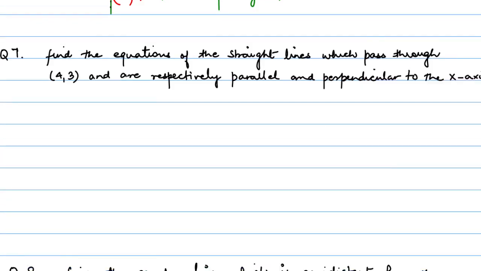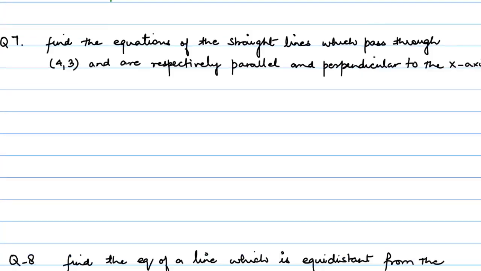Now we take a few questions on the concept we have learned about lines which are parallel to x-axis and y-axis. The first question says, find the equations of the straight lines which pass through (4, 3) and are respectively parallel and perpendicular to the x-axis. Now let's draw the situation. Let's say we have the coordinate axis